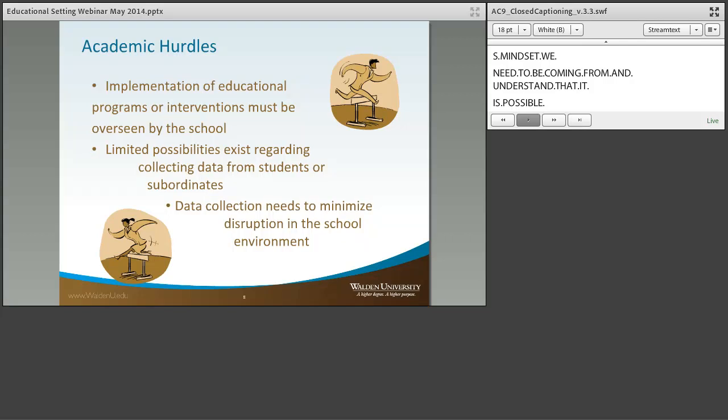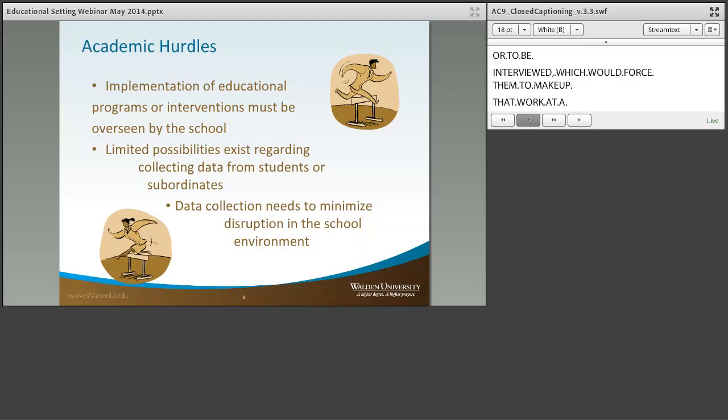The last point too that I would like to highlight with this is when it comes to collecting data in educational settings, the timing of the data collection really is important as well. When you're collecting data in a school, it's very easy to just do it while the students are in school, but we don't want students to miss class time and to miss instruction just to complete a survey or to be interviewed, which would then force them to have to make up that work at a later time.